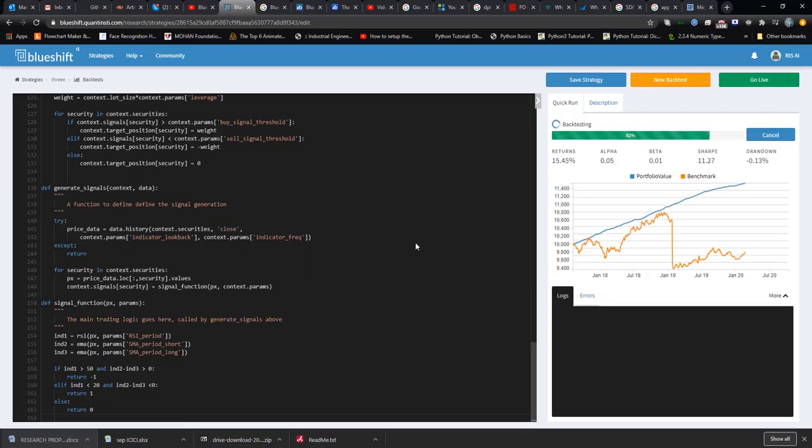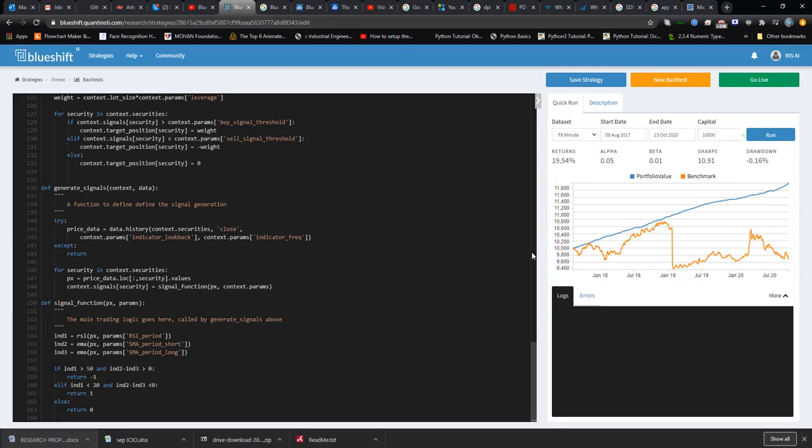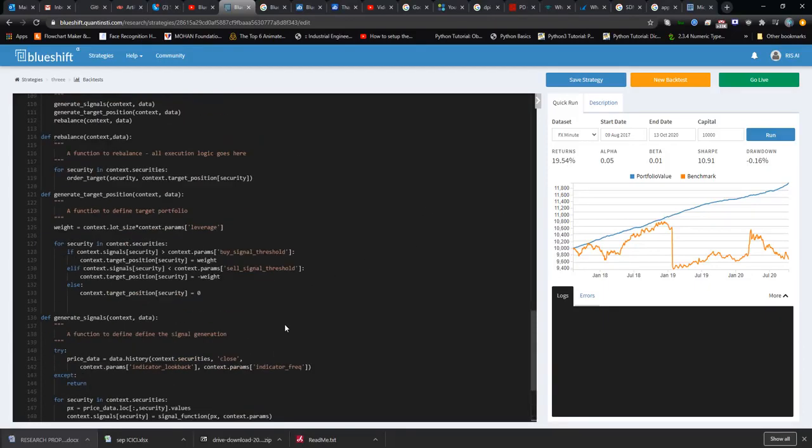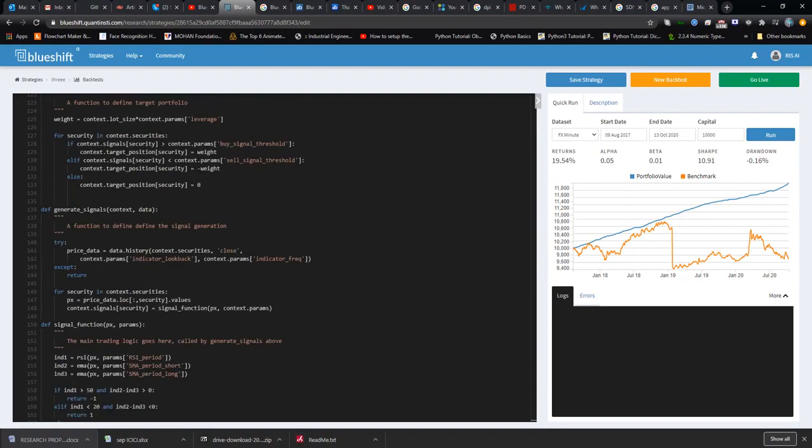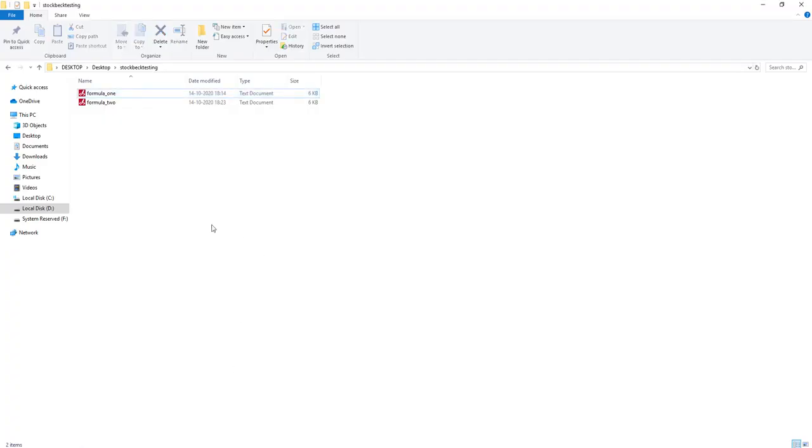I would also like to tell you guys that the forex market is quite a risky market compared to the stock market. So you can test the strategy with this platform, but when you go live, always take a small step in the beginning. So at the end of this first formula, you will see that instead of 4% return, my return is 19.54%. Okay, and this is good. This is working well. If you are looking for this formula, you can contact me directly. So let's see how much we can increase the return of investment.